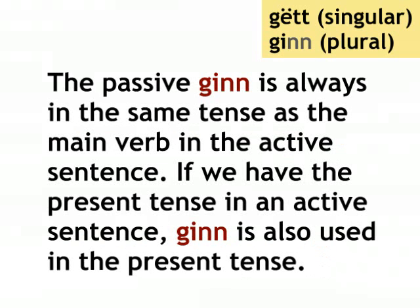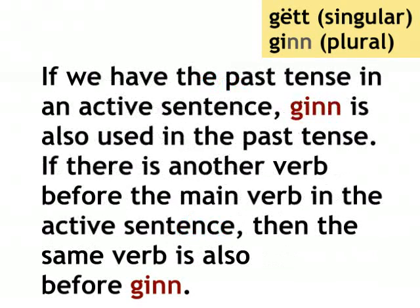The passive ginn is always in the same tense as the main verb in the active sentence. If we have the present tense in an active sentence, ginn is also used in the present tense. If we have the past tense in an active sentence, ginn is also used in the past tense. If there is another verb before the main verb in the active sentence, then the same verb is also before